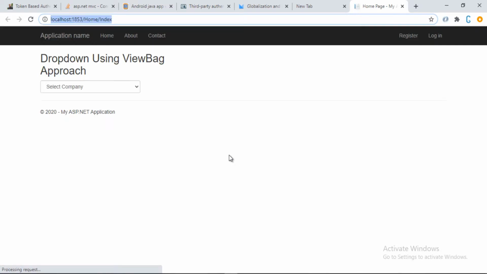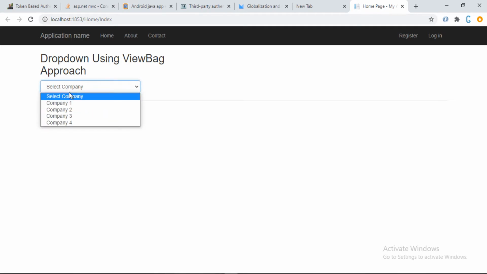I hope it will render successfully. So here it is, the drop down list using the ViewBag approach, and as you can see the placeholder here, Select Company, which we have passed, and in this we have different options for the drop down.